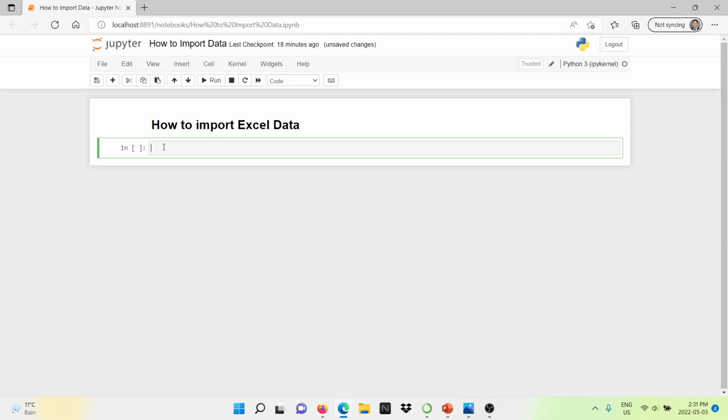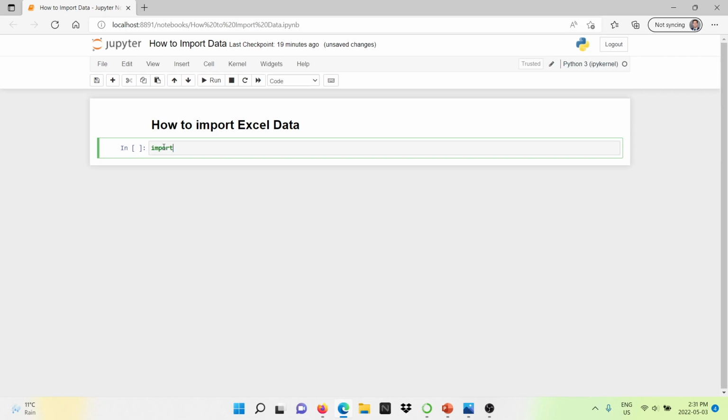And next, what we need to do is to import some libraries. What you need to understand about Python, picture it to be a toolbox, but a toolbox that is empty. And in order to be able to work, what we need to do is start importing libraries. The libraries are going to have the tools that are going to allow us to perform the different tasks that we need. So the library that is going to allow us to handle data is going to be pandas.